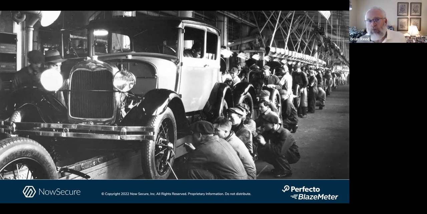Small, handcrafted, waterfall-driven, takes 18 months to produce a software release. I got a lot of gray hair. Eran was talking about his years of finding bugs. I worked on development tools like Visual Studio and Visual Basic with Microsoft many moons ago. And then Java happened. And I worked in the Java development environments and the Java ORB, CORBA, that whole world. So when we think about it, what was really great here is today's DevOps pipeline is a lot like the automated production line that Ford came up with, right?